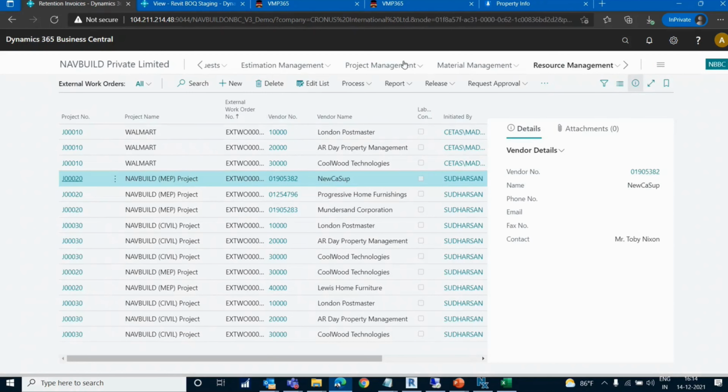So now moving back to the customer bill. Once the subcontractor bill is being